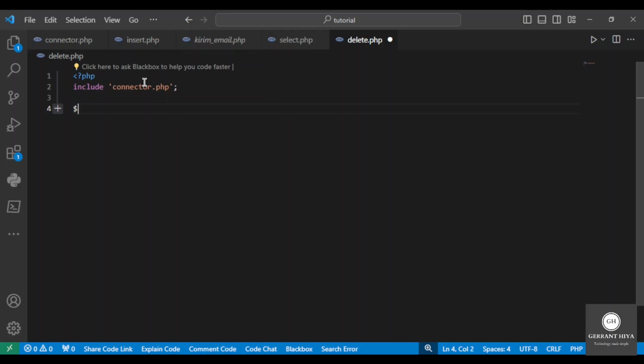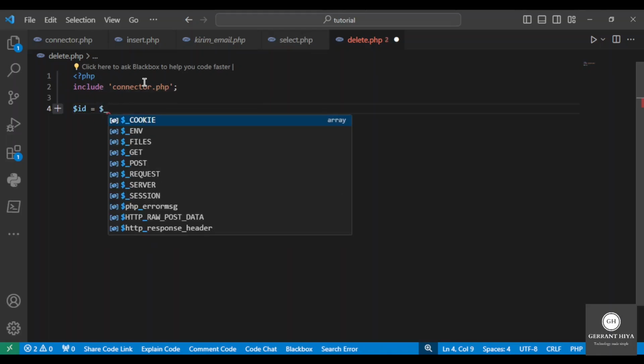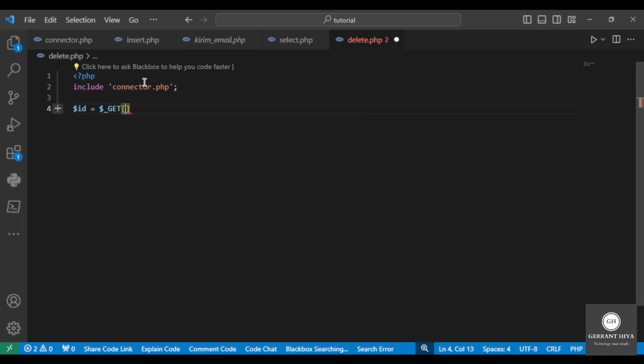So make a new variable here. For example, I named the variable ID equals $_GET ID, semicolon. Now you have to make a variable again to make the query